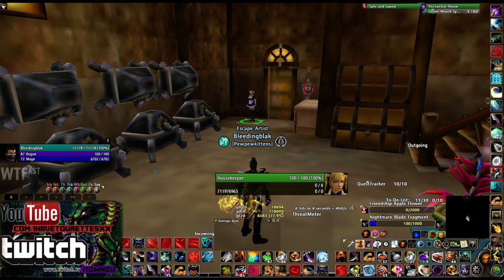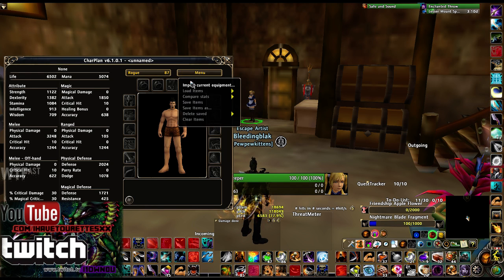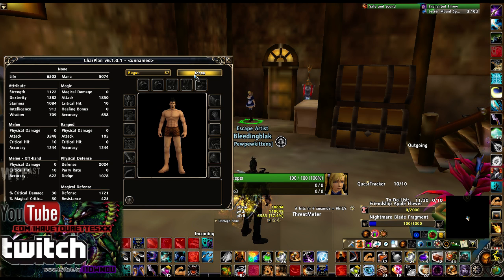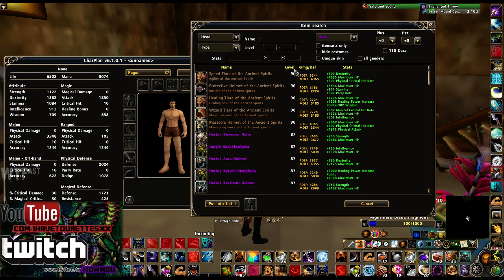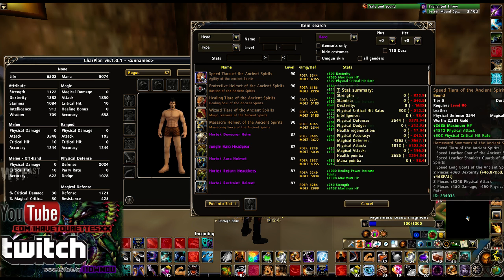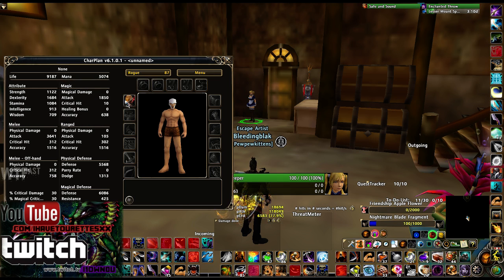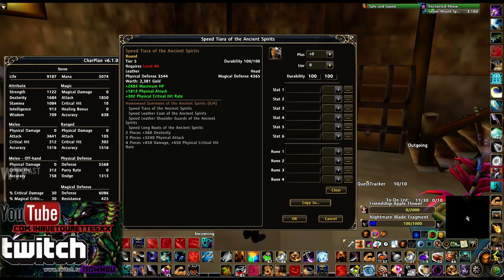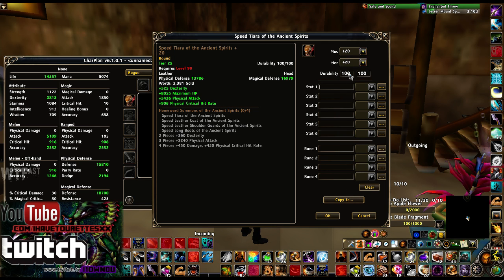Next add-on, character plan. This is like the biggest add-on. That's what it's called. /CP, or there's a button in the add-on manager. This is the coolest add-on for wanting to see how gear turns out. You click in here, it has almost every piece of gear in the game. So basically you can preview what you look like. See your stats, it shows your stats. Now it changes the stats to match this. You can come in here, you can add plussing to it, you can add tiers, you can make it over Dura,